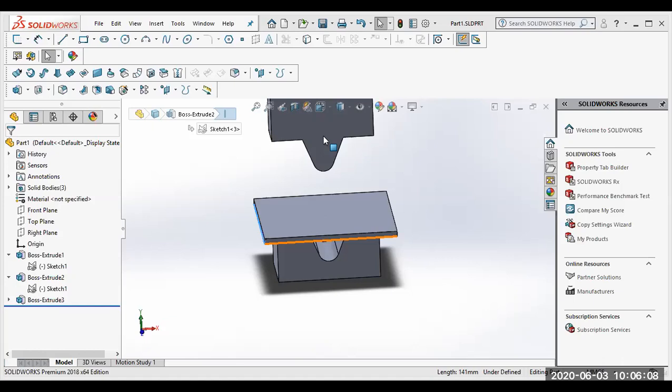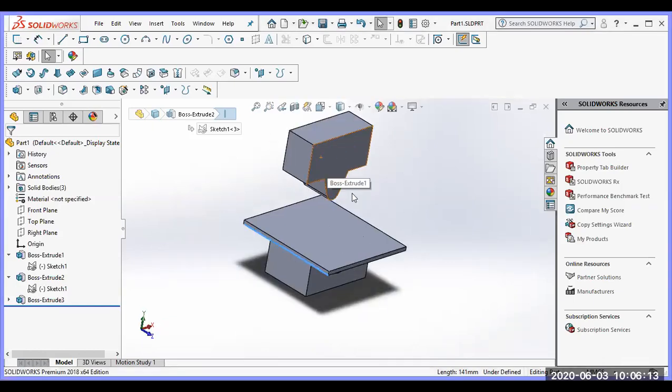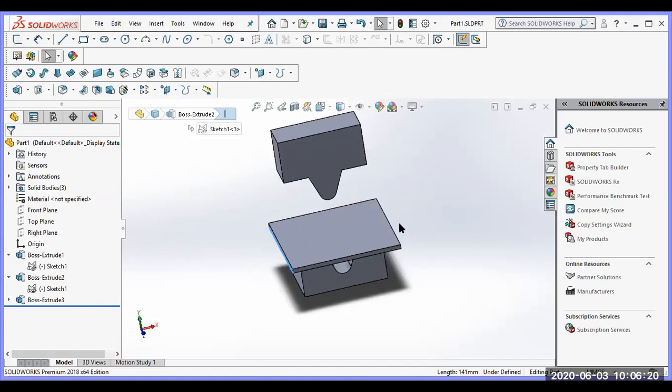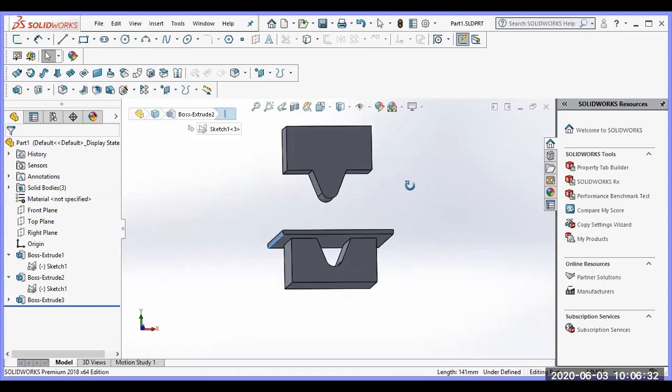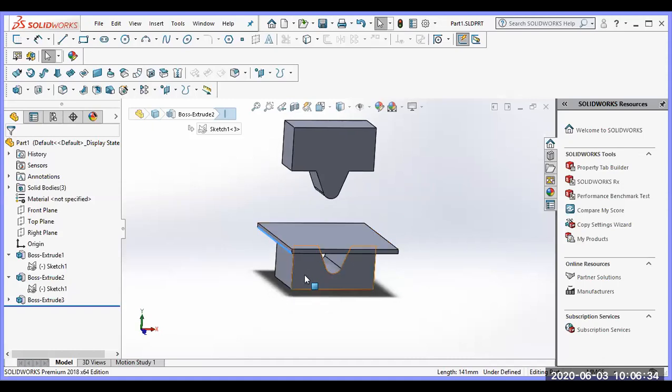Suppose for steel, we take the die and punch as stainless steel, and below that stainless steel grade we select the sheet metal. Why? Because we are going to punch it. Compared to the sheet metal, we select a harder material for the die and punch, depending upon the hardness value of the material. Now here we select die and punch as stainless steel, and the sheet as normal grade steel.